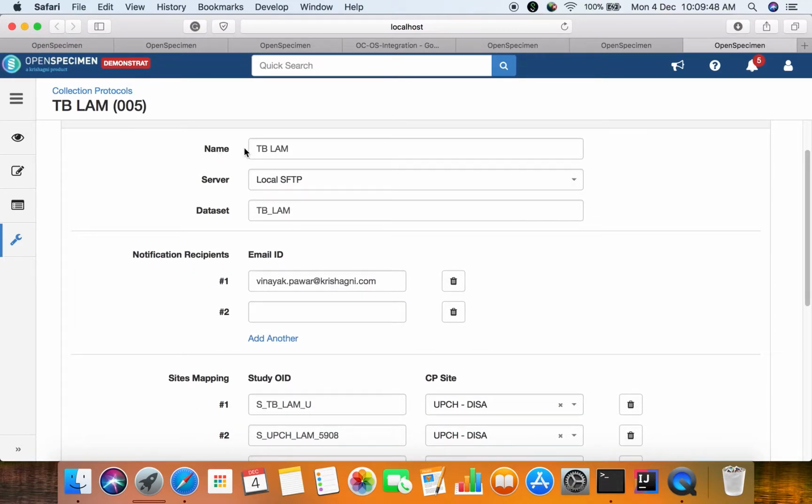The name. This is the study name that you associate in OpenSpecimen. This name is used to identify the OpenClinica study. Server. This specifies the mechanism with respect to how the data is retrieved from OpenClinica and imported into OpenSpecimen. Dataset. This is the name of the dataset that you have created in OpenClinica server. Notification recipients. This is the list of email IDs that will be notified upon completion of import or any activity